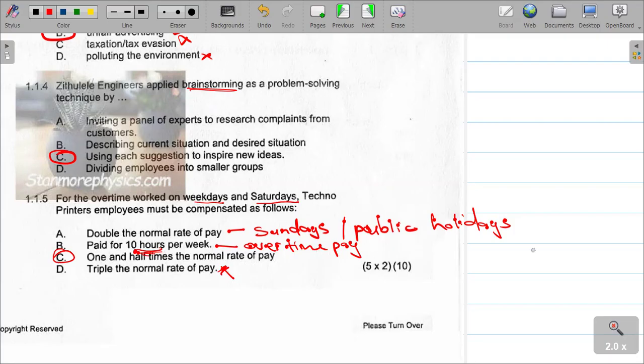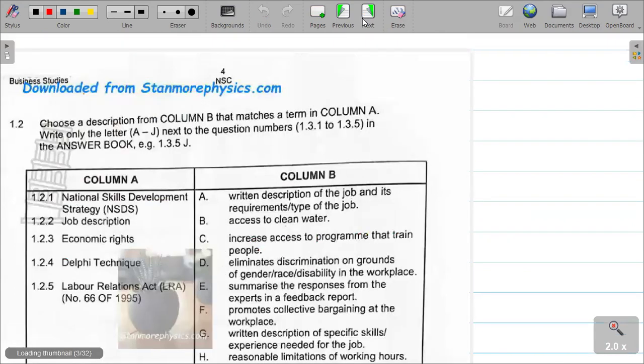So let's move on to the next question, which is question 2. Question 2: choose a description from column B that matches a term in column A, and write only the letter A to J next to the question number. Right, so let's go to